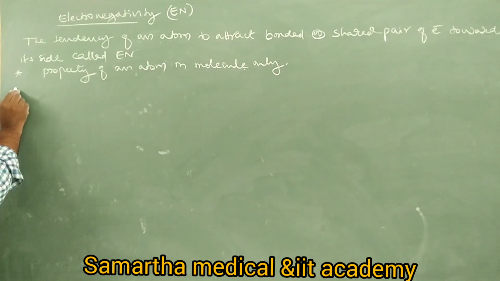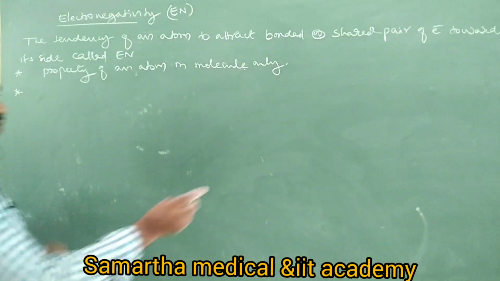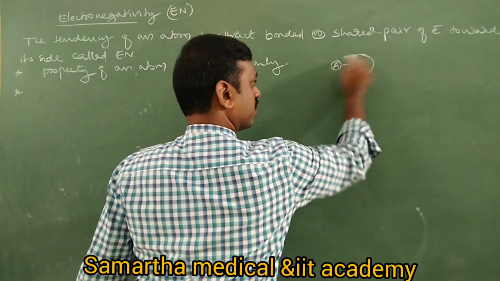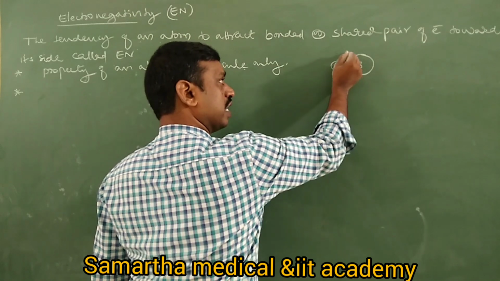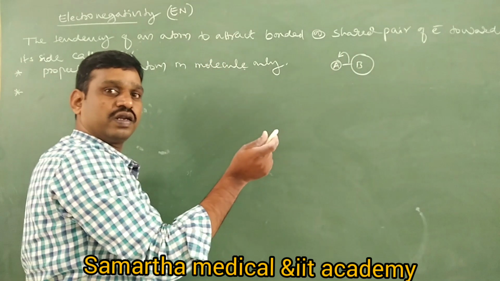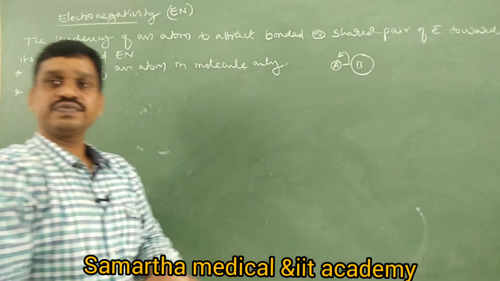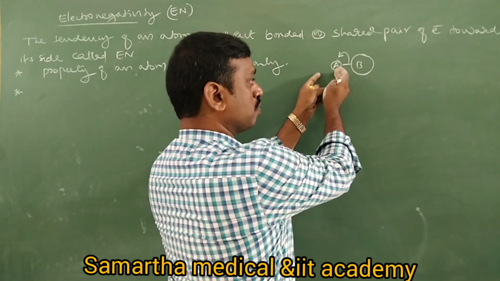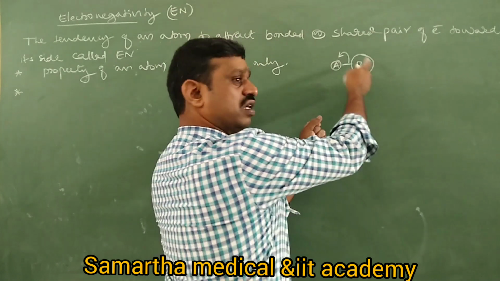Okay, next, one more important point is that electronegativity is a relative value. It is a comparative value. How? We are taking atom A and atom B. Atom A is smaller in size, atom B is larger in size. Tell me, between atom A and atom B, atom A is attracting electrons towards its side. Atom A attracts more compared to B. That means it is what? It is a comparison value. The electronegativity of atom A is more than B. We say like this, no? Or the electronegativity of B is less than A.